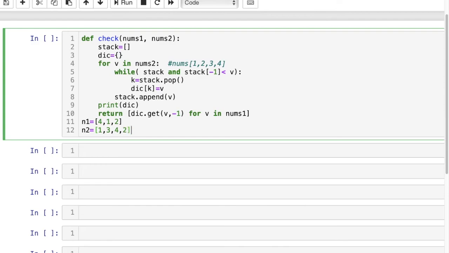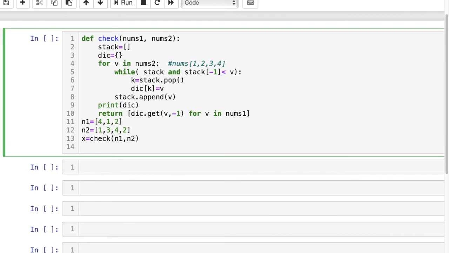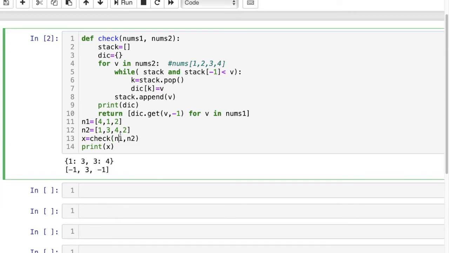Now let us call this function check, passing the arrays n1 and n2, and save this in x. Now let us print x. Let me execute this one. Now you can see the answer over here.